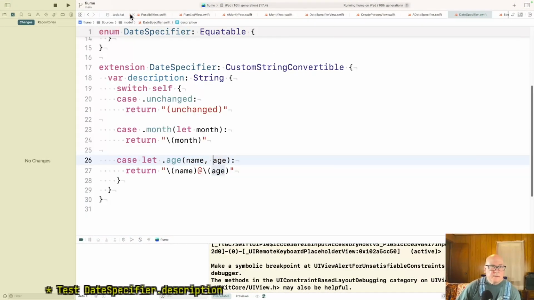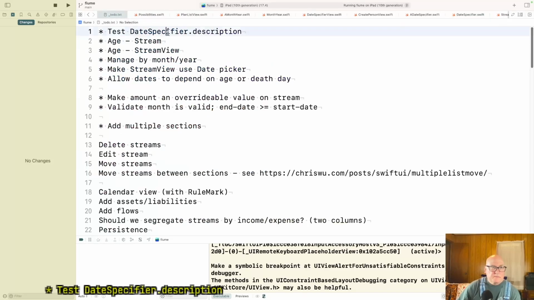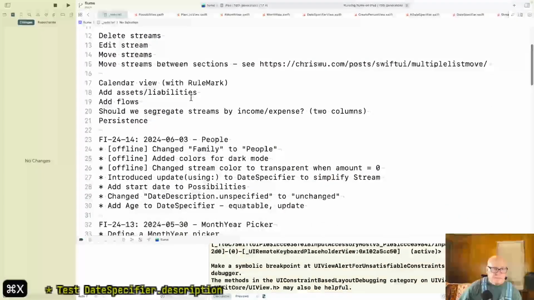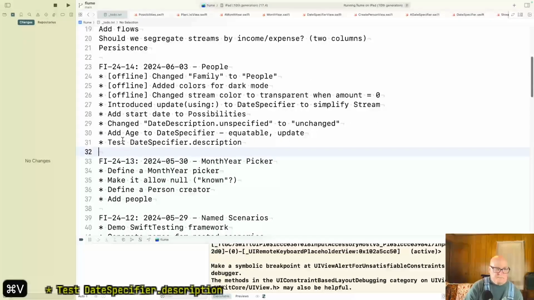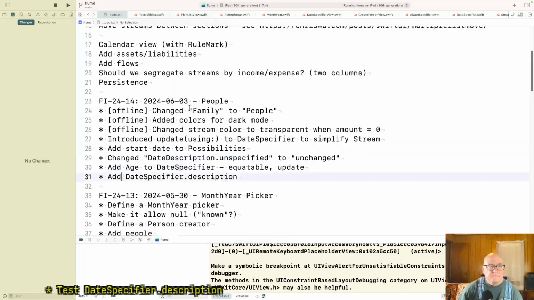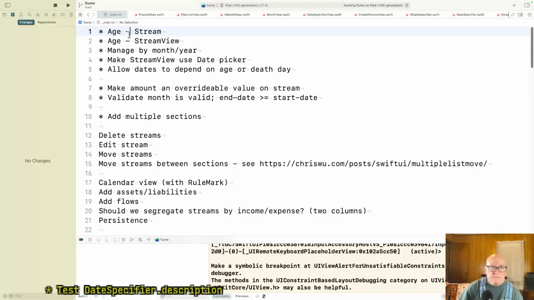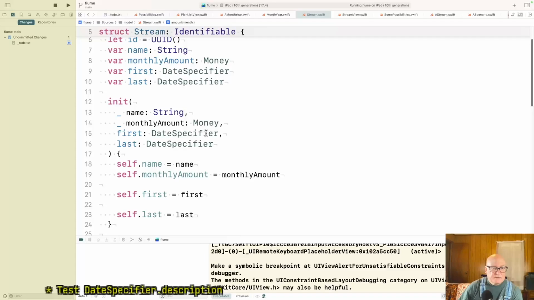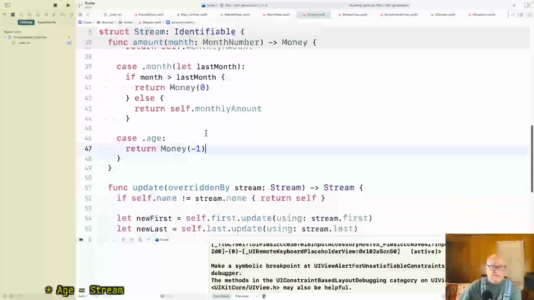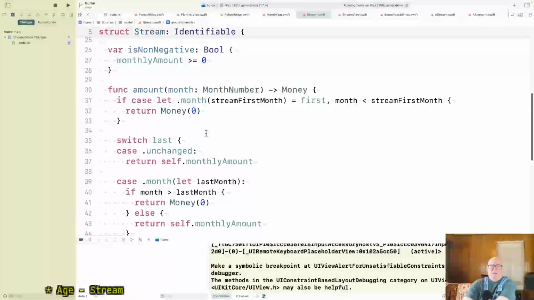All right, now. Okay, so stream. Let's start closing things and see if I can get down a little bit. Okay, so age. Right, so this is where we actually need the age.